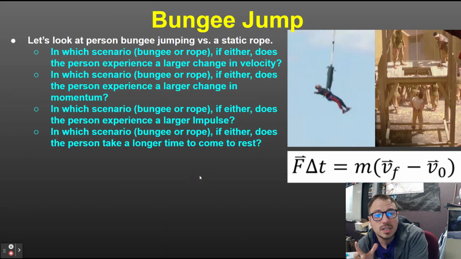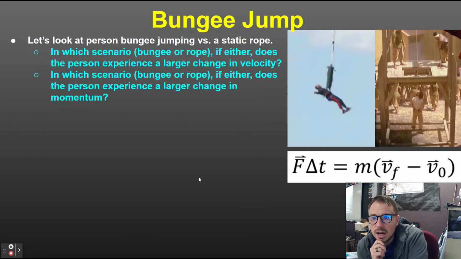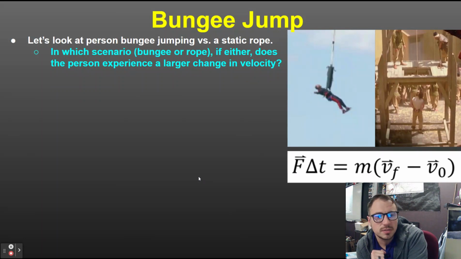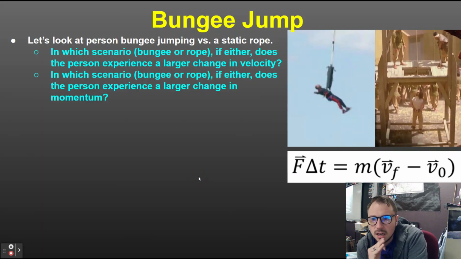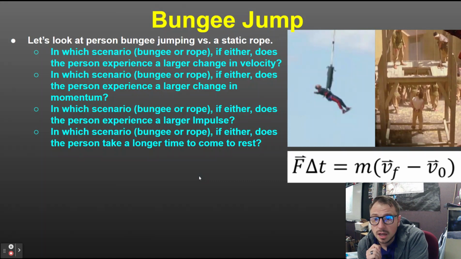So when we looked at the bungee, right, we had the same bottle, right? One was attached to a bungee cord, one was attached to the rope. So in both of them, same change of velocity, that bottle came to rest, same bottle, same end result. They both come to rest. Same change in momentum, same impulse. Impulse is change in momentum. That bottle takes a longer time to come to rest